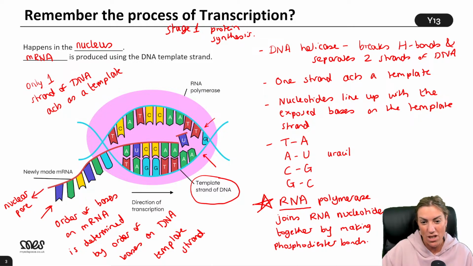Is splicing in OCR? Yes, it is. In year 13, though, for OCR, not in year 12. Whereas for AQA, splicing is in year 12, so you would have already learnt it. But Jay, if you're doing OCR, you probably just haven't learned about splicing yet, but it is coming up for you in OCR year 13. You do it towards the end of year 13. Okay.